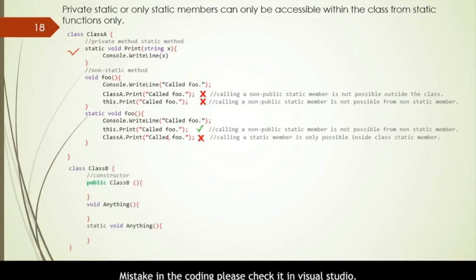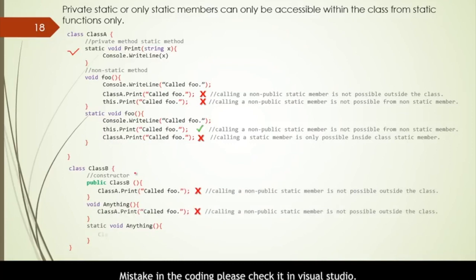And let's see the example for class B, and for all the examples we will fail because it is a private static member. We cannot access it outside the class. So that's it. It's a very simple example, and it really describes all of the static members' abilities. So if you have any questions, mail me right away. I will really get back to you as soon as possible.